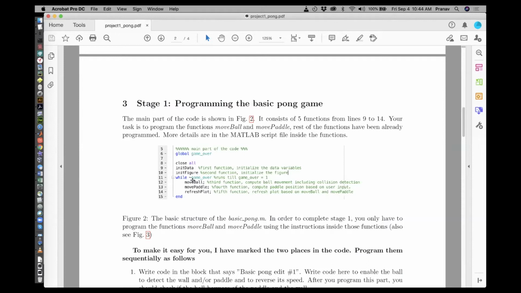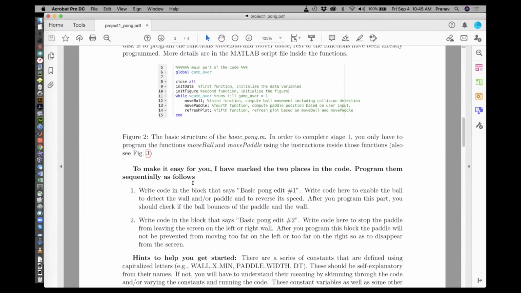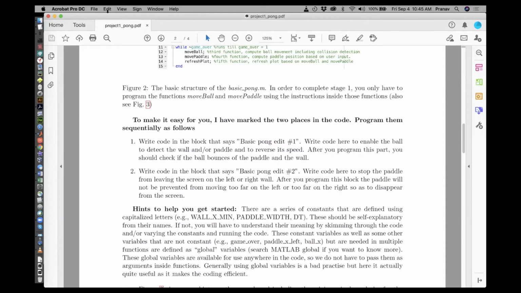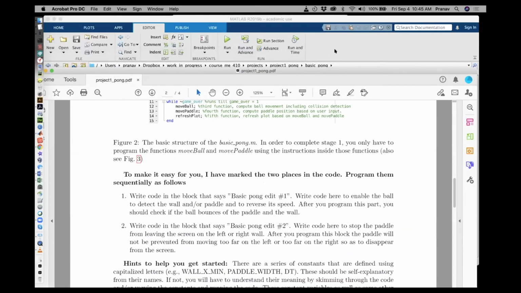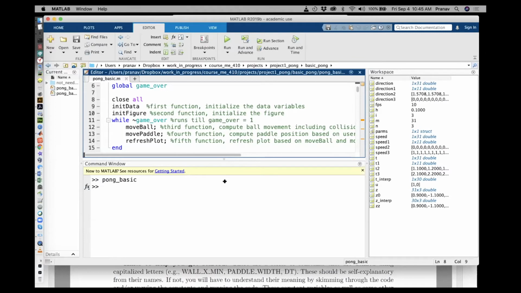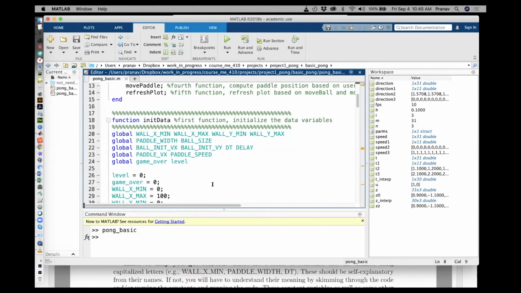Now you are going to program these 2 functions, move ball and move pedal. As the name suggests, move ball is about the physics of the ball, keeping track of that, and move pedal is keeping track of the physics of the pedal. Let me scroll to that in this code. So if you go to move ball,